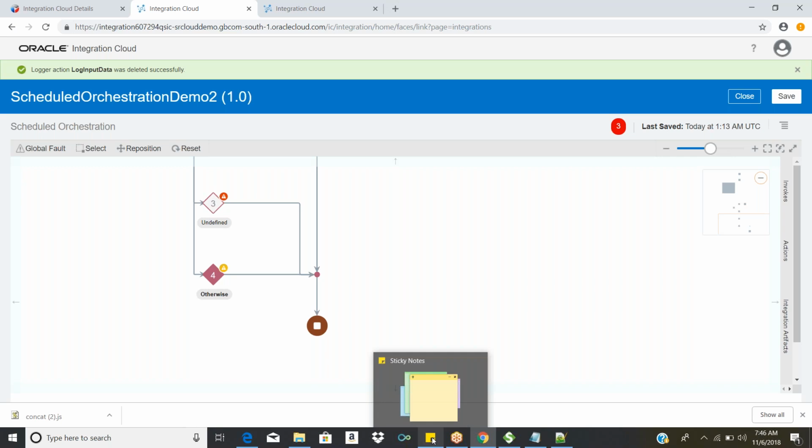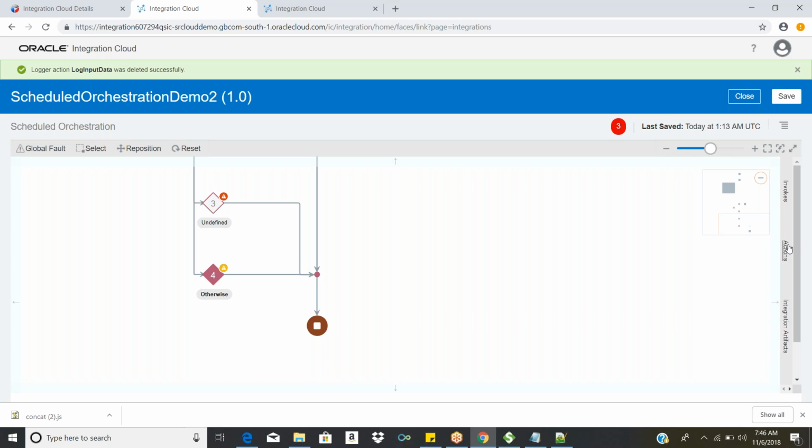Why do I need to wait? Maybe there is a requirement that after you insert the data into the A and B systems, it will take some time to reflect in the C system. That's the reason in your flow you have to wait 15 minutes in order to access that data in the C system. So if you have such a requirement, or if you need to wait for a certain time period, then you can use the wait activity in your integration flow.